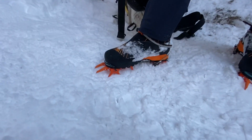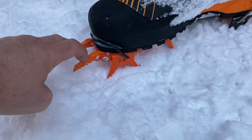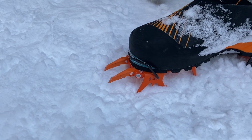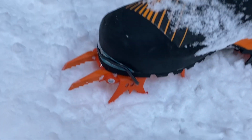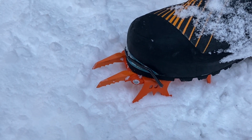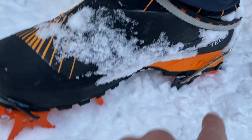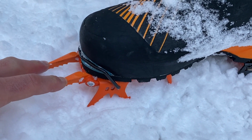So if we take a look at the crampon points here, these points are certainly sticking out far enough to stick into the ice, and the secondary point is definitely far enough out to engage. The interesting thing with these particular points is that they stick out so far in front of the boot that if you don't have much penetration, like you're dealing with harder ice like we are this morning, because it's really cold temps, then that can cause a lot of leverage, right? Because it's a big, huge lever sticking out here. So his heel moving up and down is more likely to dislodge those points